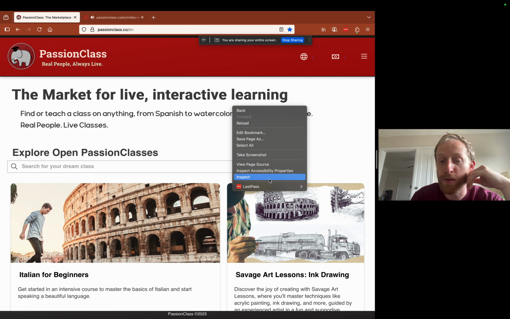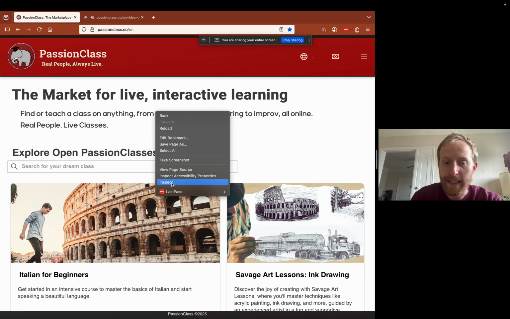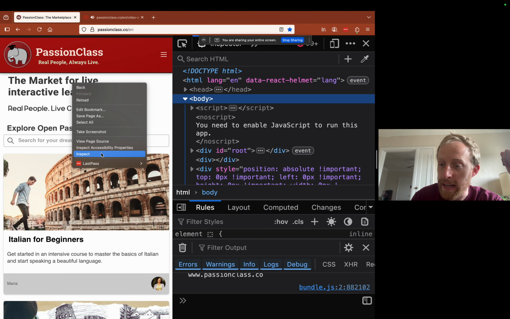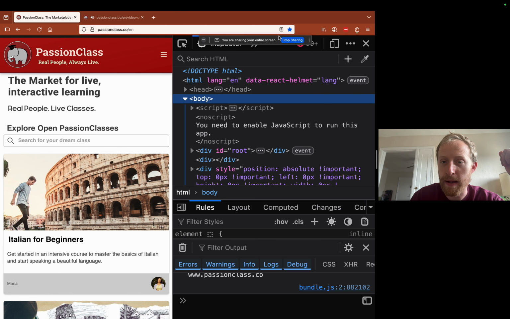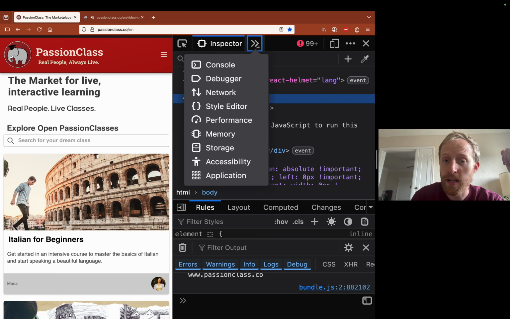So to answer Amanda's question, if you click on your browser and right-hand click, you will see... So what I did is I right-hand clicked and then I clicked inspect. When you inspect, you actually get what is called the inspector, which makes sense, right? And this contains stuff that developers use. It gives me all this information that a developer would use.